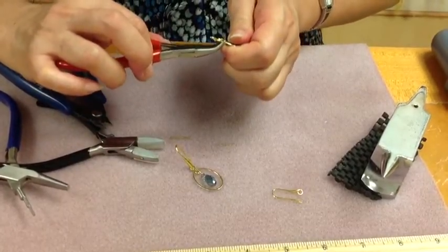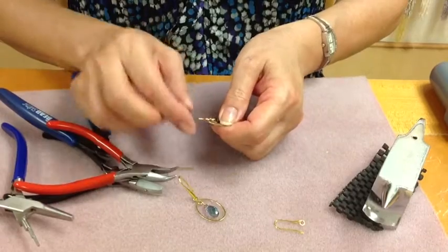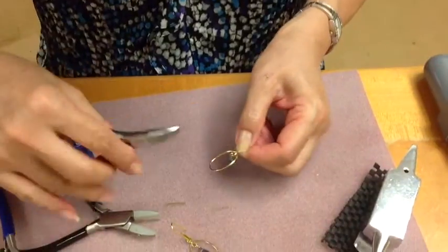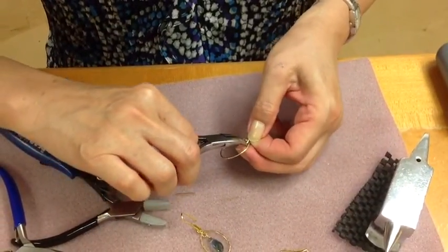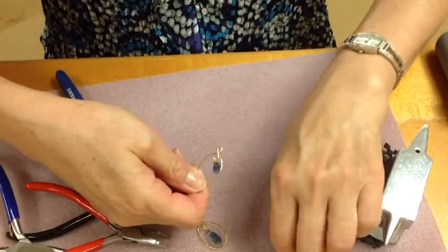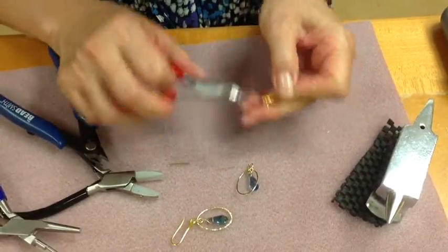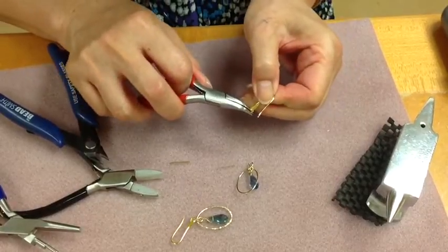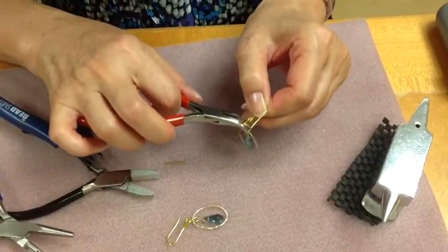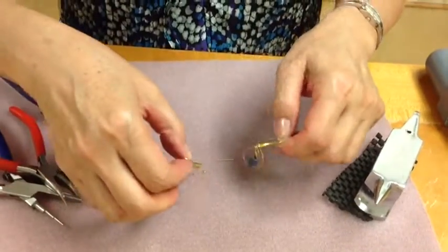So you want to check the angle of your triangle, the angle of that little loop on top of the triangle, and then also your finding loop. This one's open a little bit. I'm going to close it up. And now I can add my ear wire. This is already open a little bit, but the 20 gauge wire is thick, so I'm going to open it wider. Add the ear wire. Squeeze it closed. And there's my matching pair